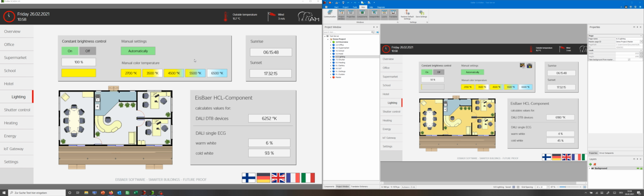I will show that to you by setting different color temperatures here manually. That is also part of our component, so you can run it completely automatically depending on sunrise and sunset. That gives the time to the HCL component to start the calculation. You can change this start and end time, you can stretch it, you can put it closer together and say